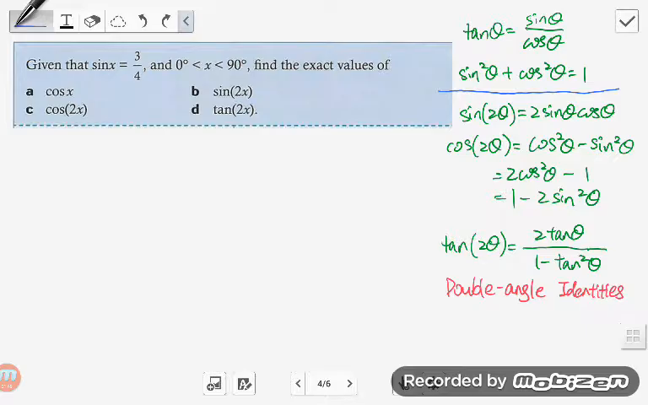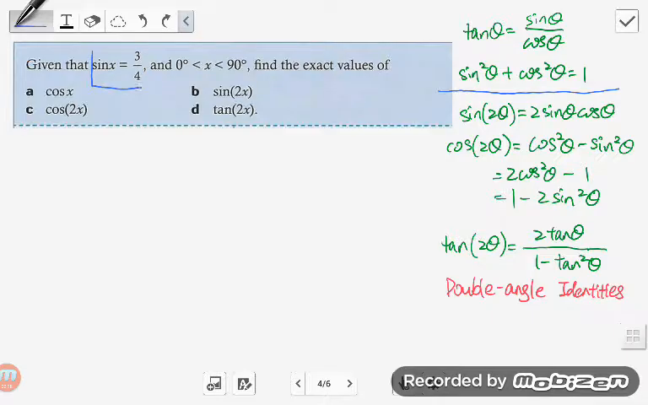Okay, so on the left the question says, given that sine x is equal to 3 over 4, and the value of x must be between 0 and 90, they want us to find the exact values of a, b, c, d. Now to begin with, let me ask you,